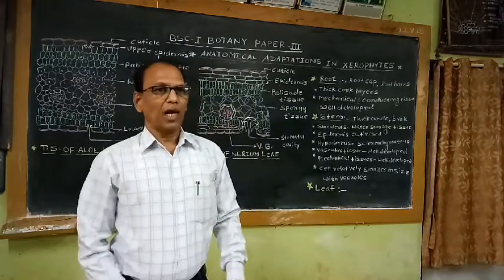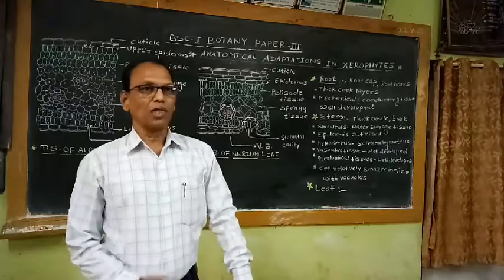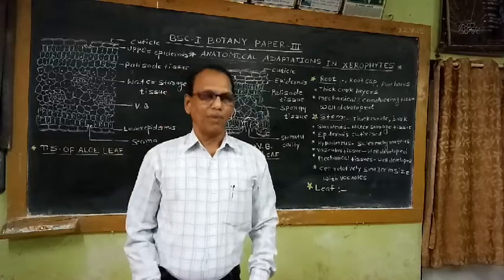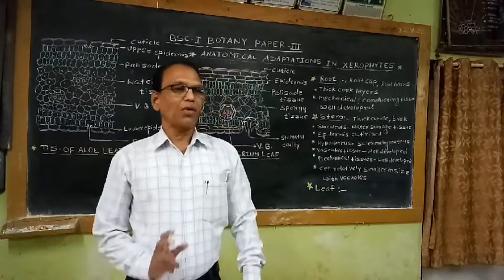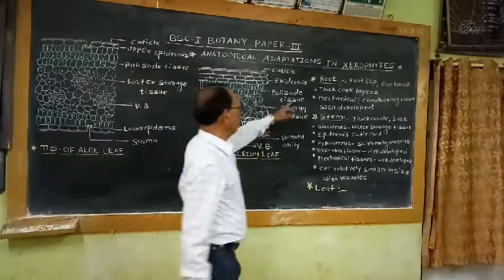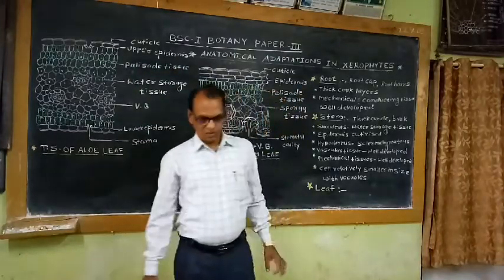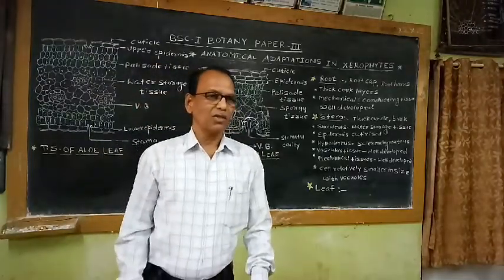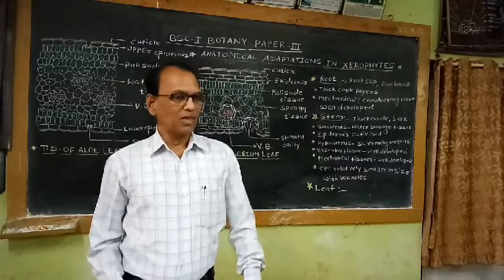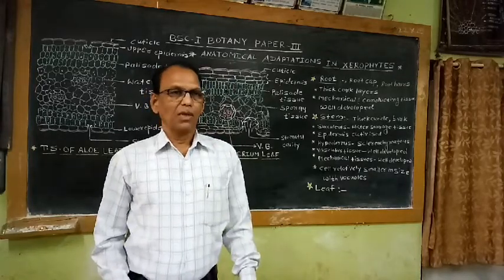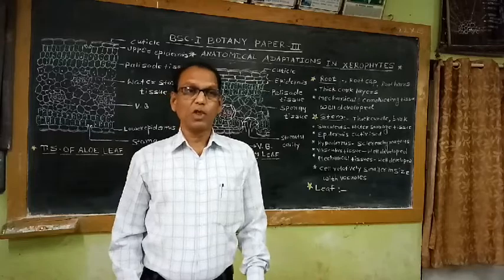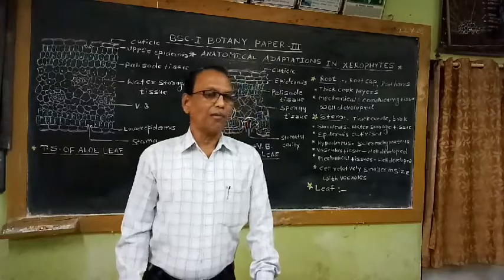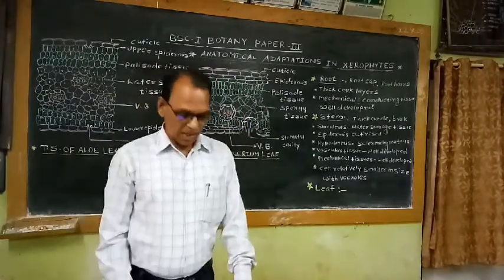Anatomical adaptations, like morphological adaptations, are well developed in all major organs of the plants like root, stem as well as leaves. In order to resist the drought conditions, most of the xeropodic plants produce morphological, anatomical as well as physiological adaptations. Today I am going to discuss the anatomical adaptations in xeropodic plants.